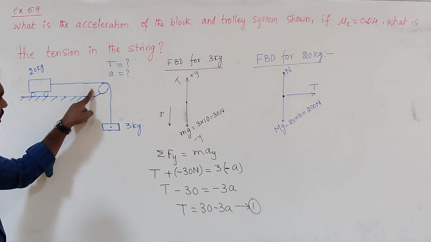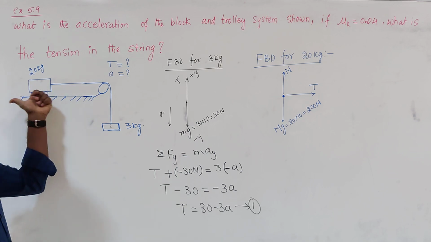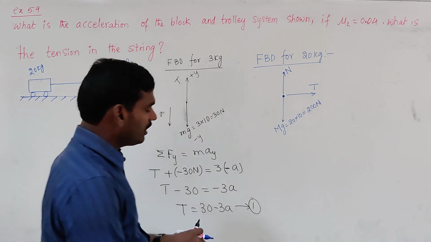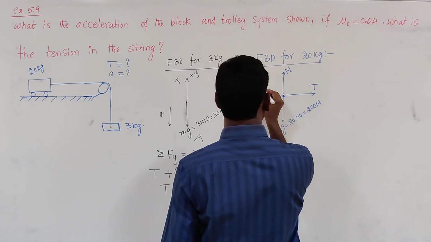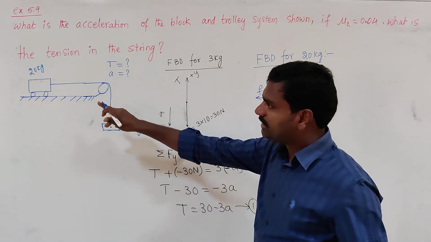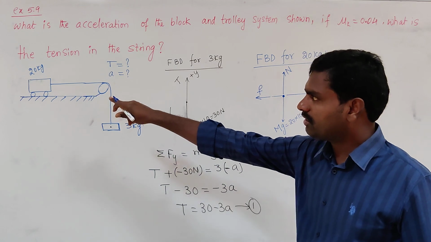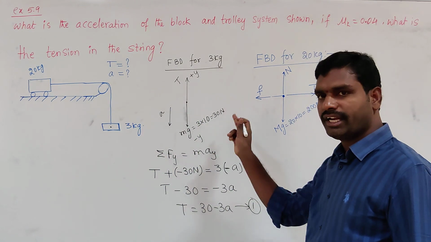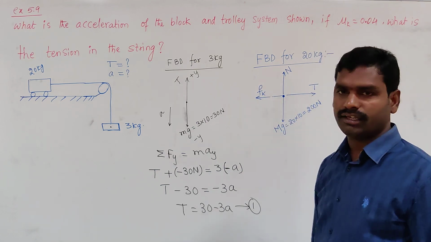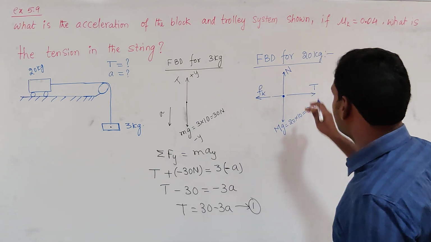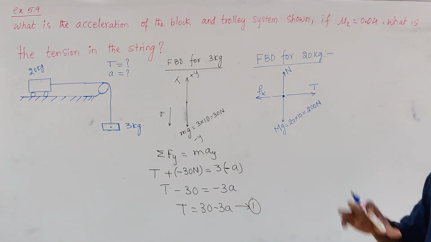As the motion is like this, frictional force opposes the motion, so it points in the negative direction, or left side direction. What type of friction is this? As the 20 kg body is sliding, moving, kinetic friction is acting here. So these are the 4 forces acting on the 20 kg block.